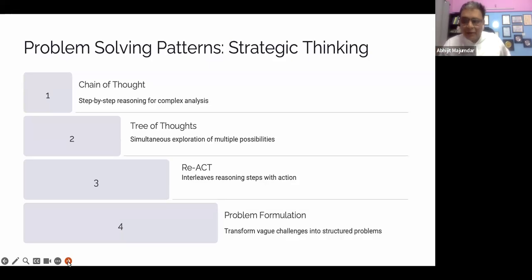So we analyze the problem, we break down the problem, we find out the dependencies of the problems, we find out which are the problems that need to be solved on priority, and then we solve those problems. Okay, then we take the actions to solve those problems. That is basically chain of thought prompting. In chain of thought prompting, we implement the same thing, but in the form of a prompt. Okay.